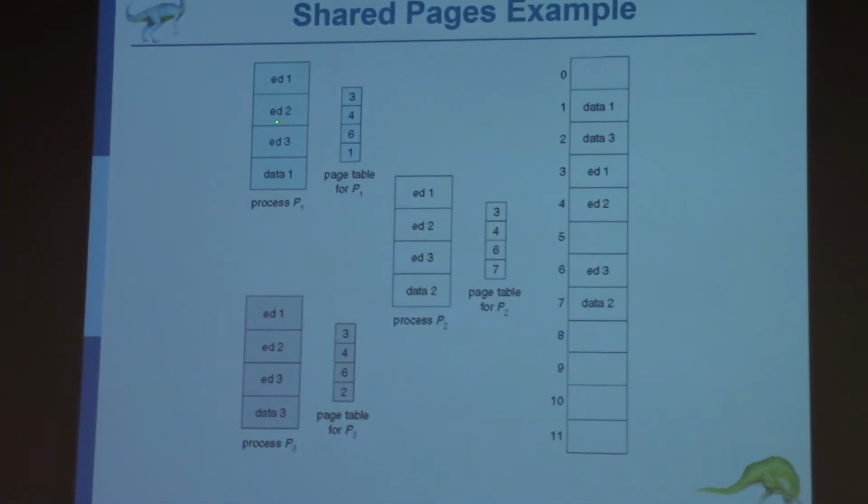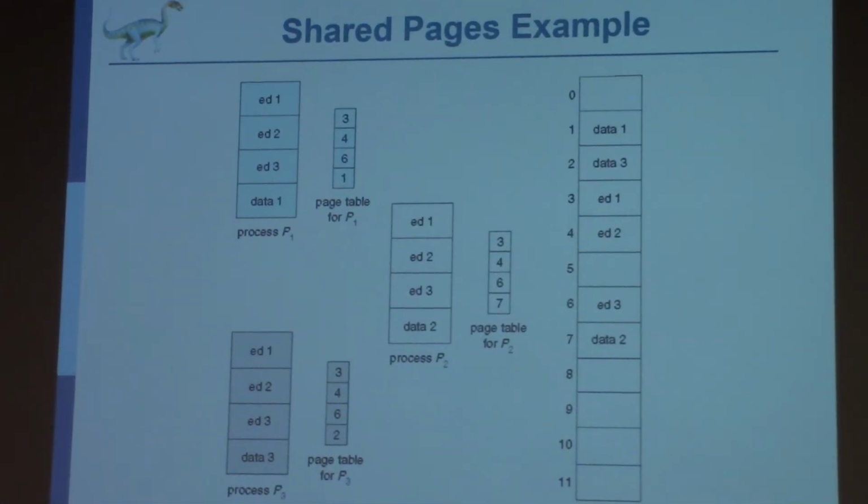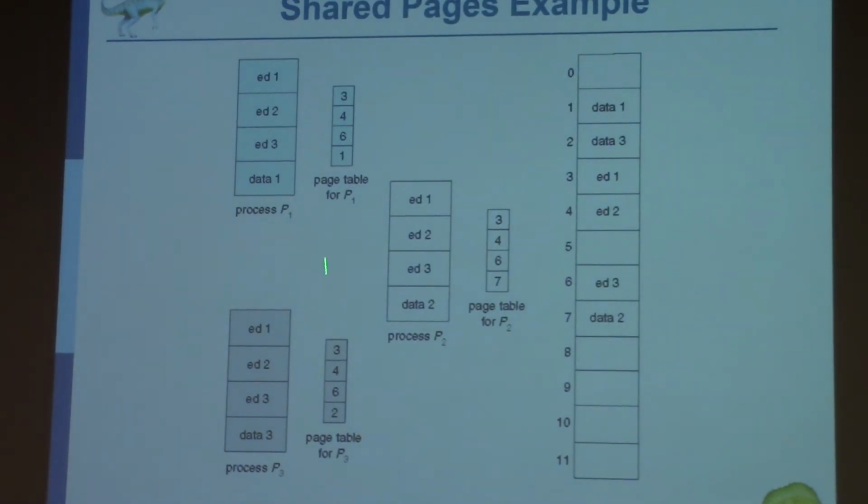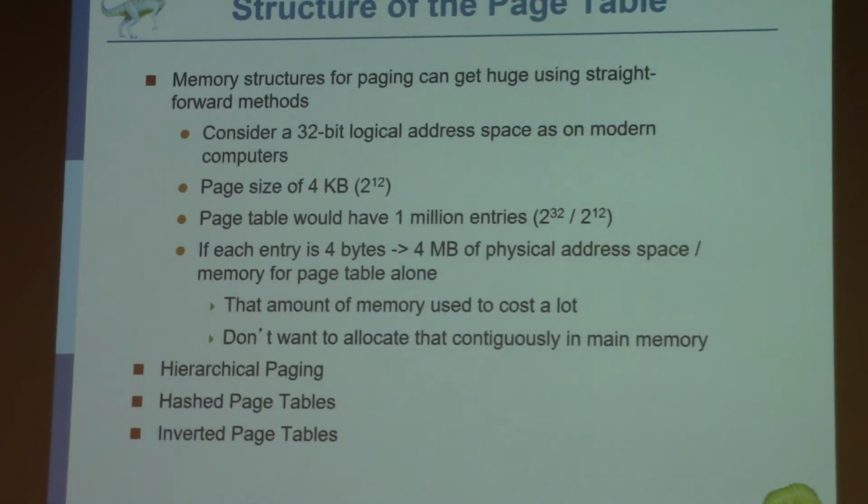For example, ED1, ED2, ED3 is Microsoft Word, and ED1, ED2, ED3 is also Microsoft Word. The only difference is the data itself, the document itself. So we can use the same code. For example, the page table for 0, 1, 2, 3 maps to 3, 4, 6, and again 3, 4, 6. As you can see, it's the same code. So we can save memory storage using shared pages. Okay? That's very short. Then,